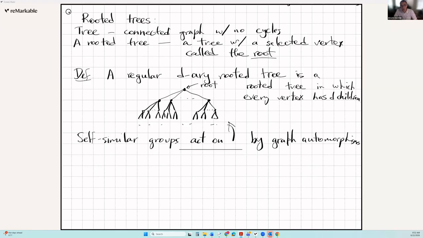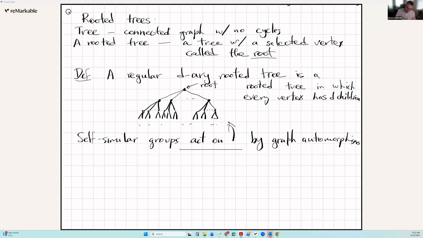So automorphisms will preserve the distances as well, right? That means that any vertex of level 1 will have to be mapped to some other vertex of level 1, every vertex of level 2 will be mapped to some other vertex of level 2, where levels are just all the vertices at a fixed distance from the root, right? So basically levels of the tree are spheres in this graph. And these levels are preserved under the action of any subgroup of an endomorphism group, right? So we naturally have a partition of this tree into these subsets called levels of the tree.